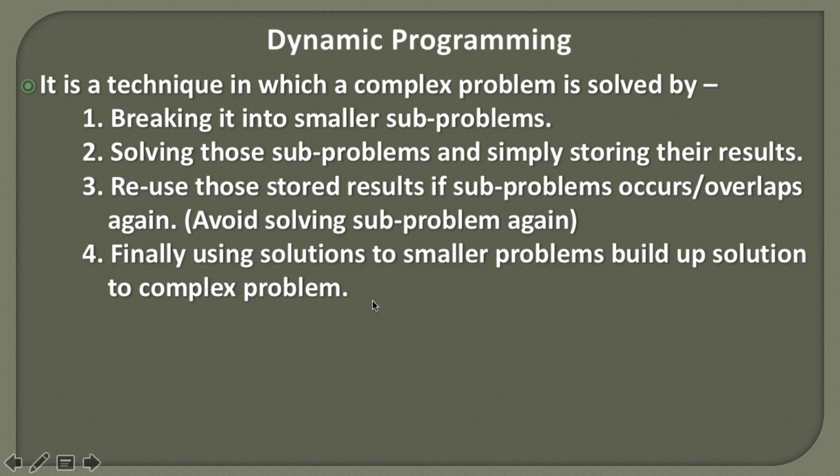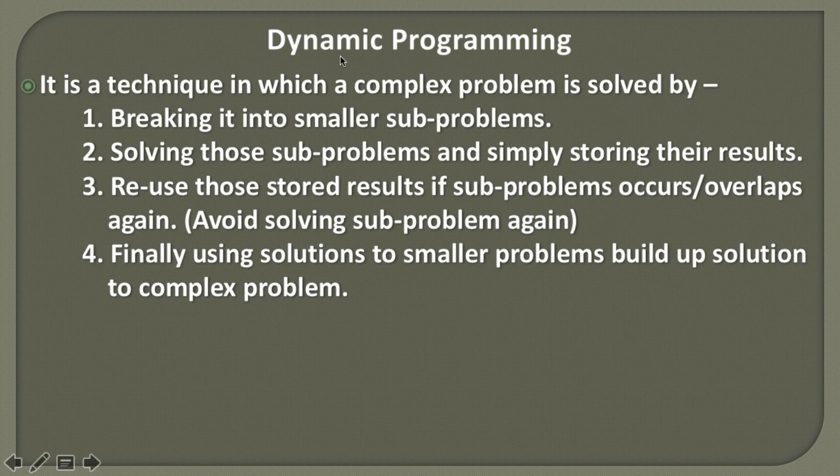As we saw in the example on our previous slide, when we counted all the ones, we came to know that they are equal to 8. We simply remembered that all these ones were equal to 8, and when we added plus 1, we straight away came to the answer that now it's equal to 9. Here also we break the problem into smaller subproblems and store their results, so that when those subproblems come again, we simply use the stored results, so our time is saved and we are not recomputing those values. And finally, using these steps, we build a solution to the complex problem.